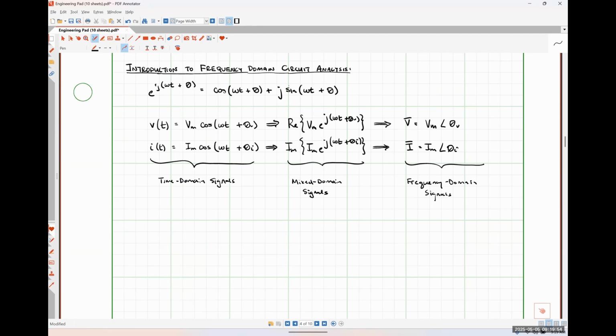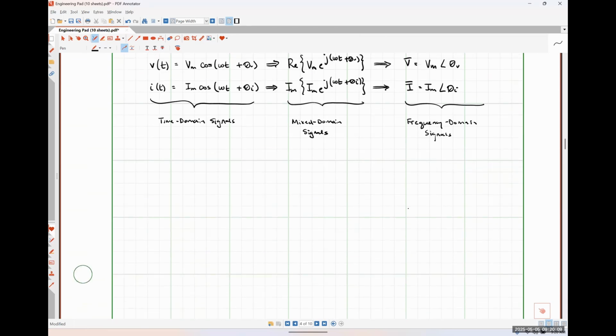Okay. The only thing we really need to worry about is if we aren't given a cosine function. If we're given a sine instead, we simply just subtract 90 degrees and then treat it like a cosine function, okay? So as a quick example here,